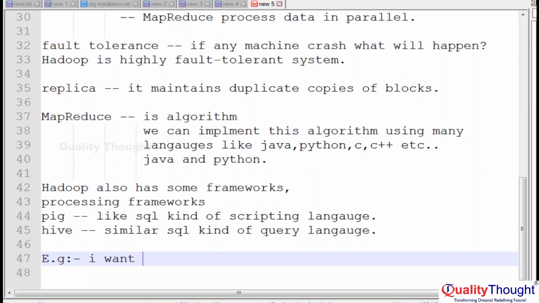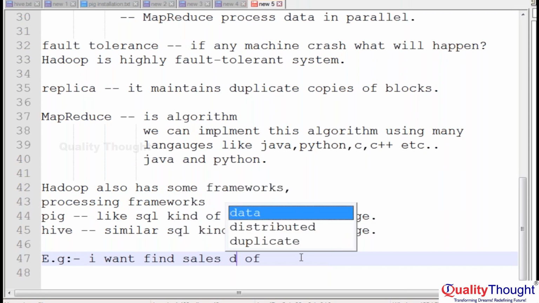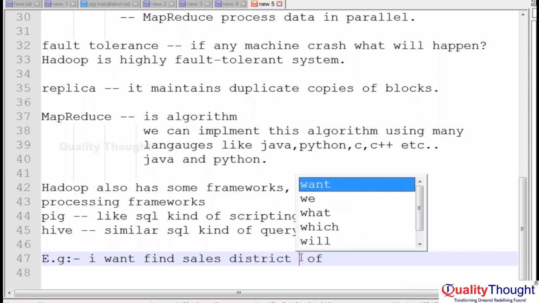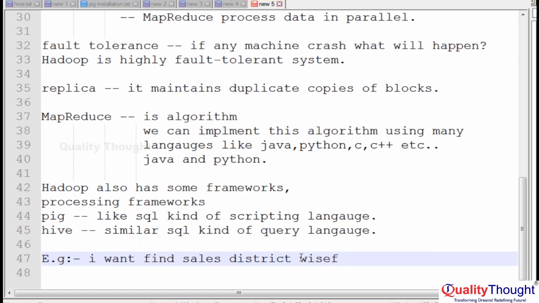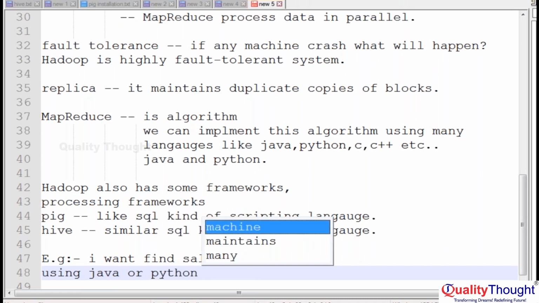I want to find the sum of salaries, or find sales district wise. I want to find sales district wise. To implement this using Java or Python, it may take